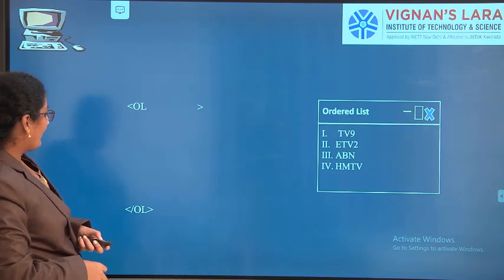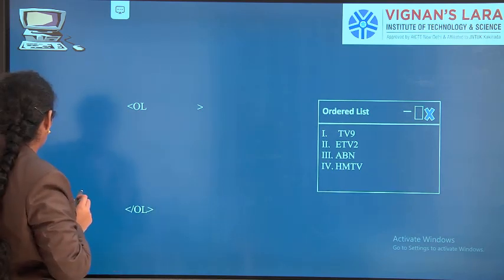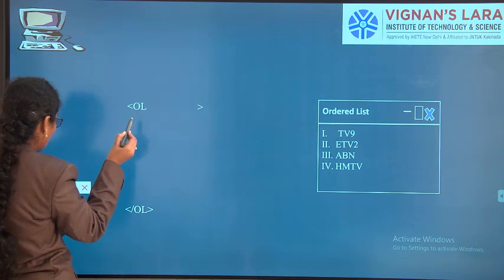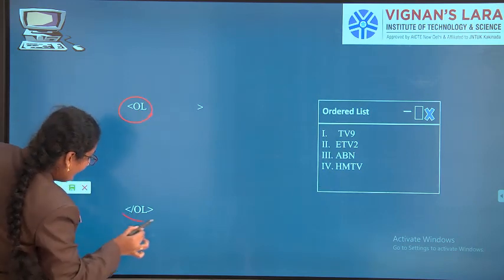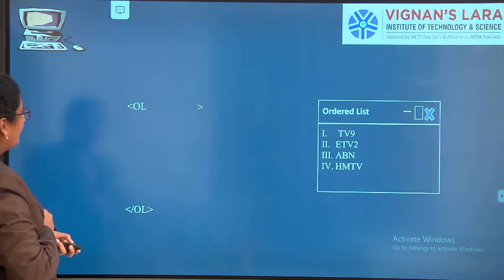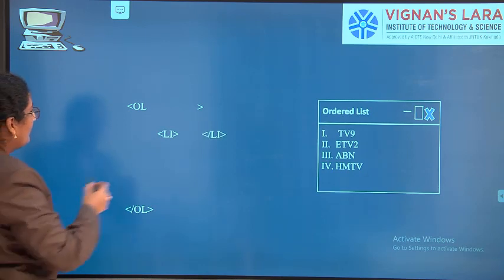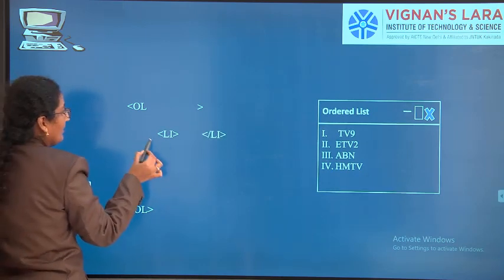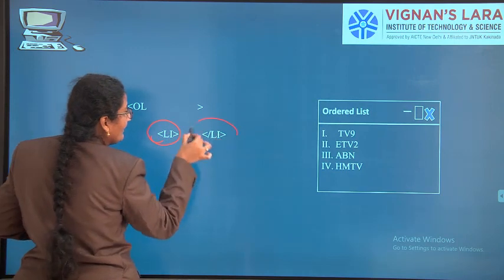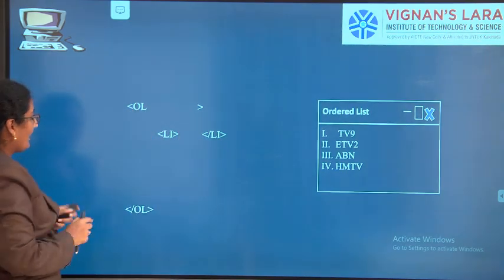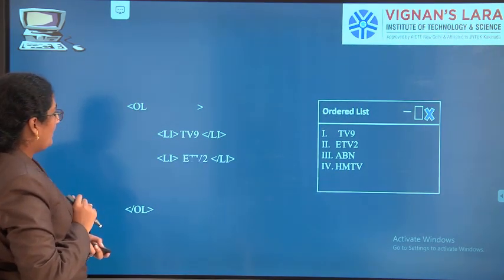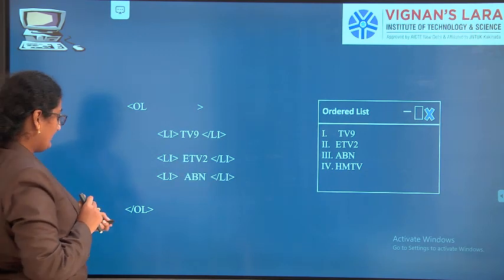See one more example for ordered list. See here, when ordered list opened, immediately ordered list closed. So when list element opened, immediately list element closed. So you can observe it very clearly.